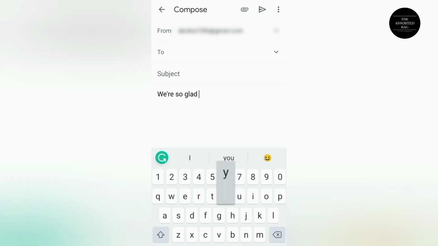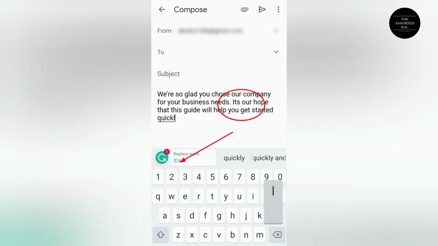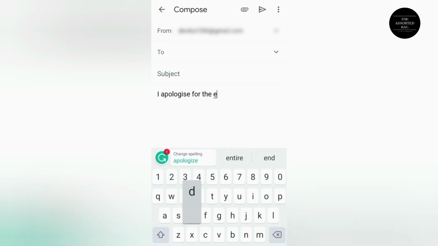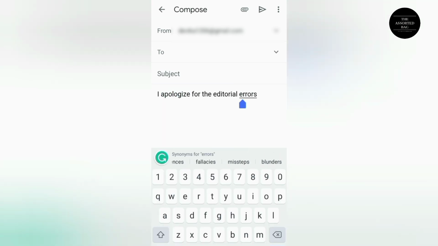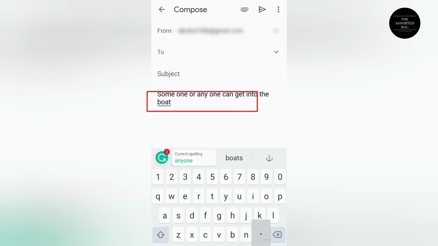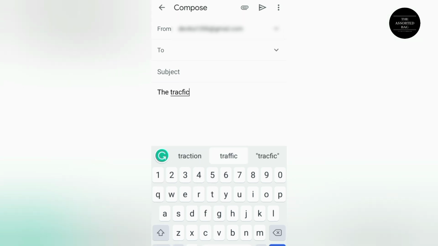Let us see a few more examples, which are short sentences, but Grammarly picks up the errors in them very well. So you can note that the moment we typed ITS instead of IT apostrophe S, Grammarly identifies it and we can immediately correct it. So we are looking at more such examples, and you see the word apologize was corrected and also the word errors. Next, someone and anyone, these are one words, so Grammarly has detected that. Next, I have seen a lot of such series. Seen, the spelling is incorrect, which Grammarly corrected. And then finally, the subject verb agreement has been corrected.